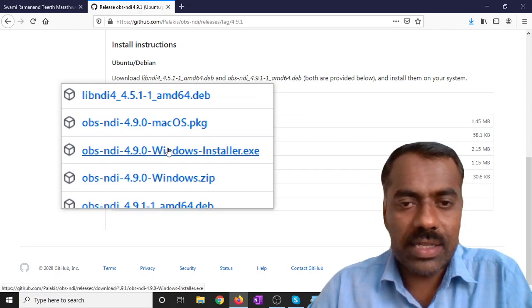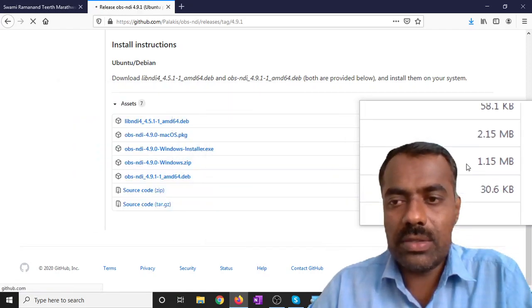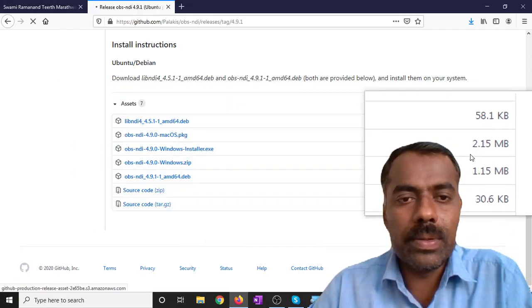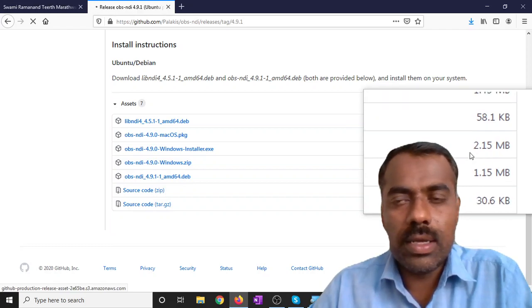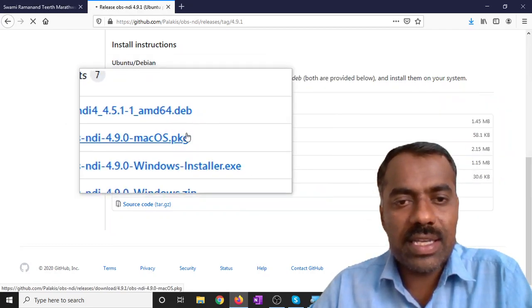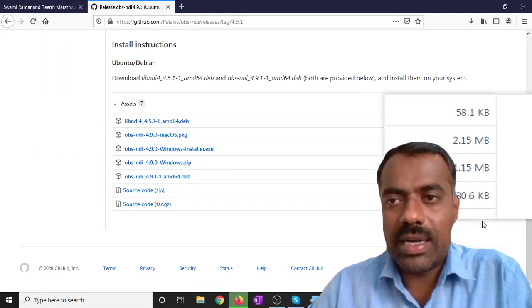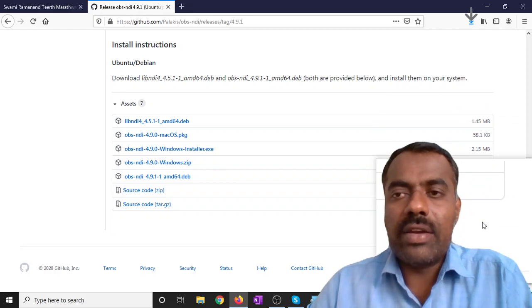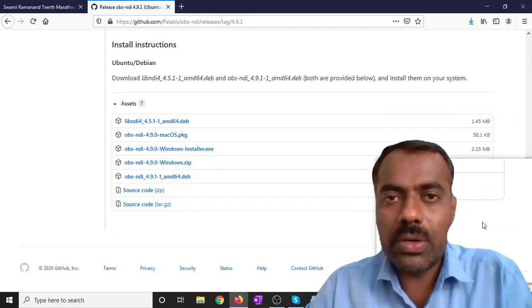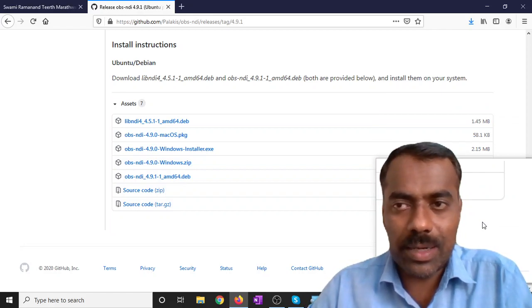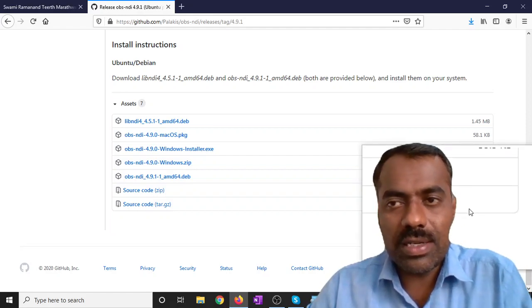Suppose I click this one, this is the smaller one, 2.15 MB. Because it is an exe file, you double click it, and when it asks to replace OBS, don't worry, you just say okay. It doesn't replace our OBS, but it installs that plugin.